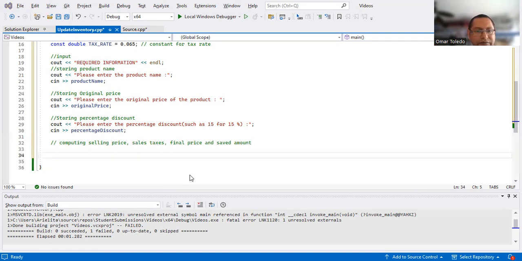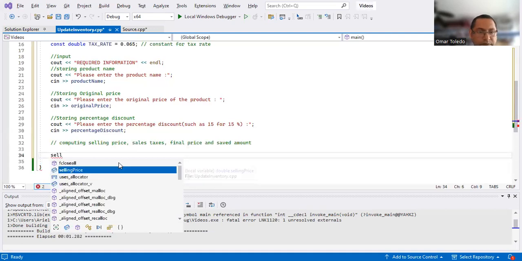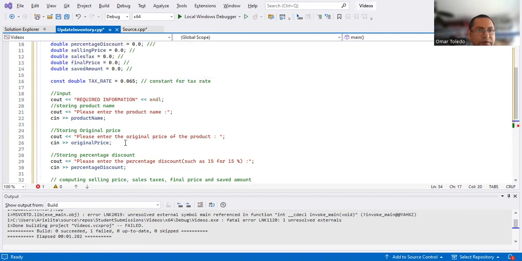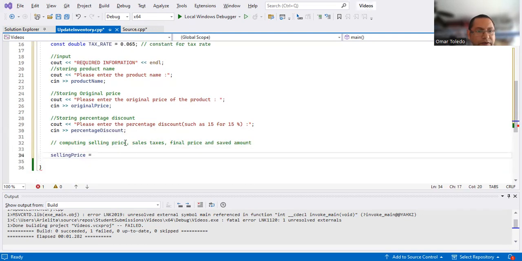The selling price is going to be equal to what? Remember, the original price minus the discount. This was in the previous video. Selling price is going to be equal to original price